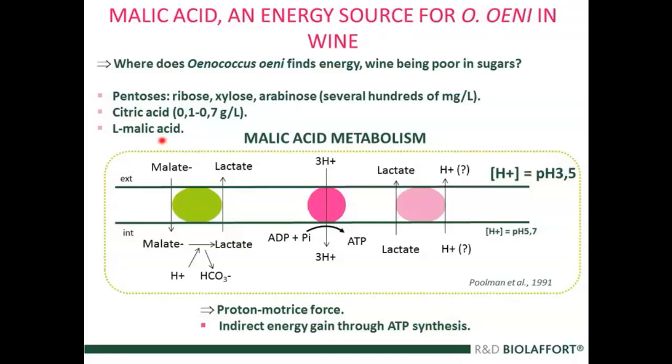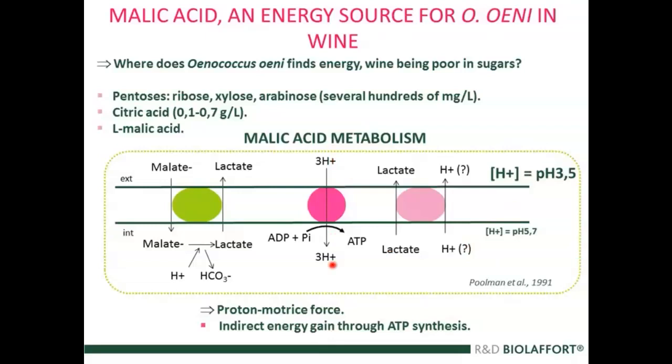Malate will enter the cell in an anionic form and, as it goes into the cell, will immediately consume a proton to produce lactate. This proton consumption enables the cell to maintain a pH gradient between the outside and the inside of the cell, enabling protons to go into the cell through their